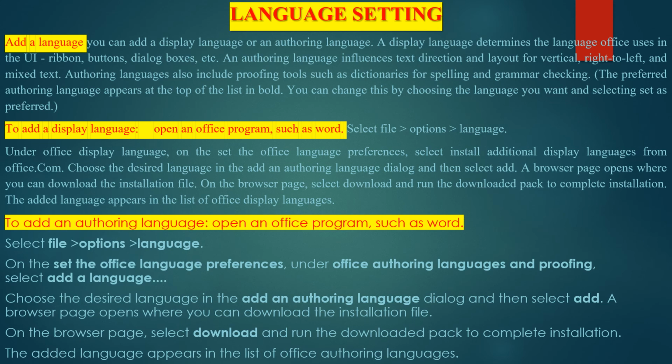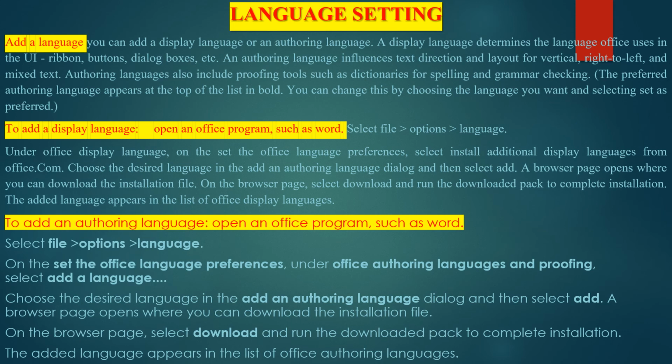To add an authoring language, open an Office program such as Word, select File, Options, Language. On the Set the Office Language Preferences, under Office authoring languages and proofing, select Add a language. Choose the desired language in the Add an authoring language dialog box and then select Add.